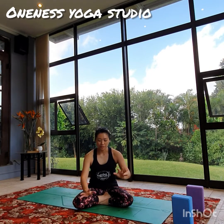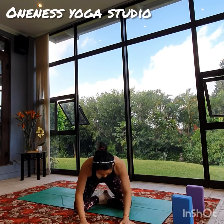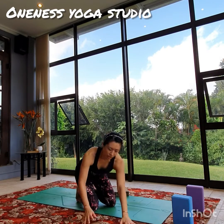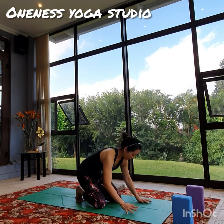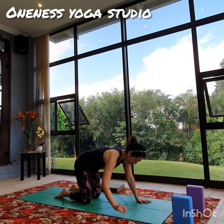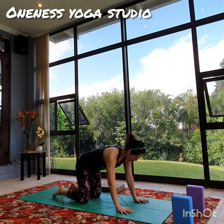So see if you can bring your hands in front of you and then lift, come up to your hands and knees. Otherwise, just move whichever way you feel more comfortable so that you are up on your hands and knees on the mat. Going into a few cat-cow stretches. So spreading your fingers wide,